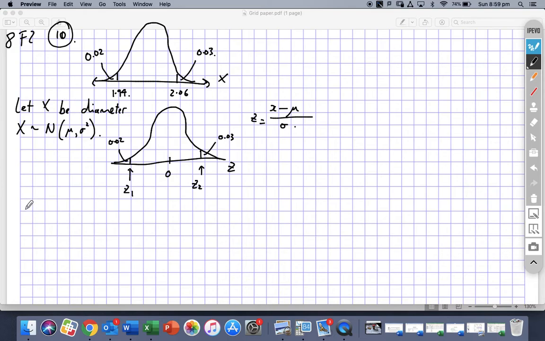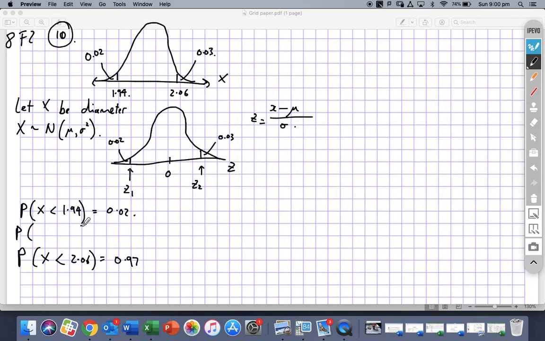Okay, we could say the probability that x was smaller than 1.94 was 0.02, and the probability that x is smaller than 2.06, well, that is 0.97, 100% minus that 3% there, and that means